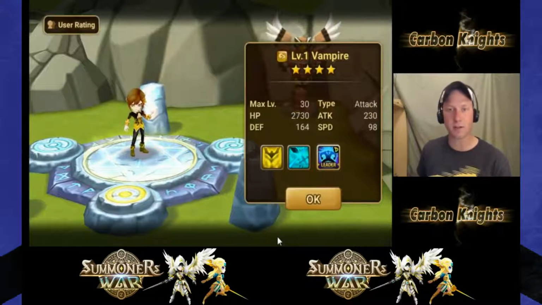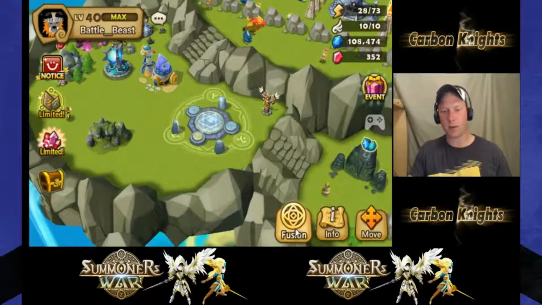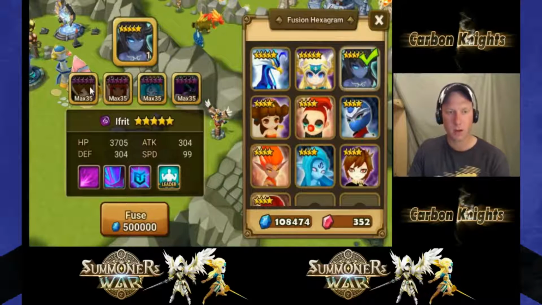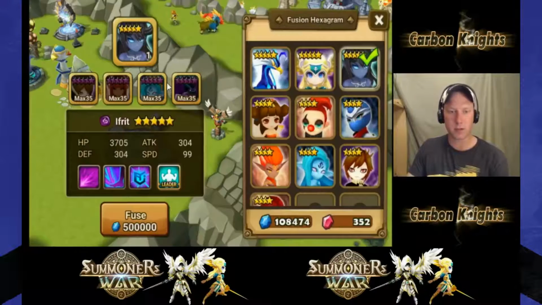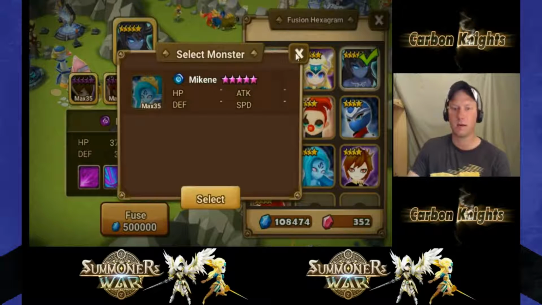Now this Argen is going to be leveled up to 5 stars max level, awakened, and I'm going to use him for my Veramos fusion eventually. I think I have all the pieces except for one maybe. So for Veramos, who is a monster that everybody should have, we need Argen, we need Akaya, who is the Fire Succubus, we need McKenny, who is the...